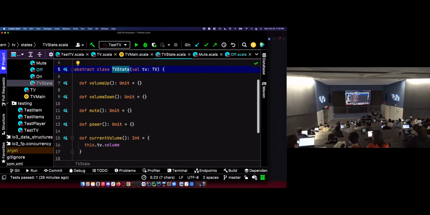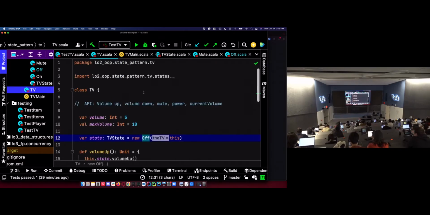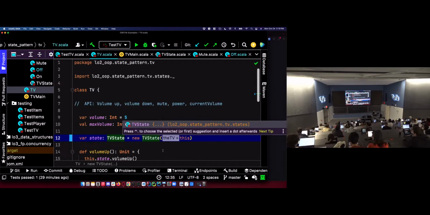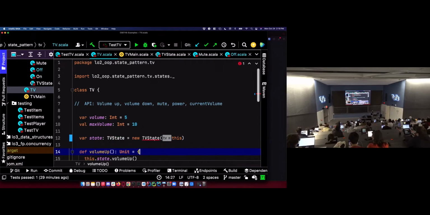I don't want anybody creating a new TV state. We can't create an instance of an abstract type directly like this. I don't want anybody doing that because it doesn't make sense for my TV to be in the TV state. I want it to be in the on state, the off state, the mute state. So I'm going to make that abstract to prevent anyone from doing this thing that doesn't make sense,